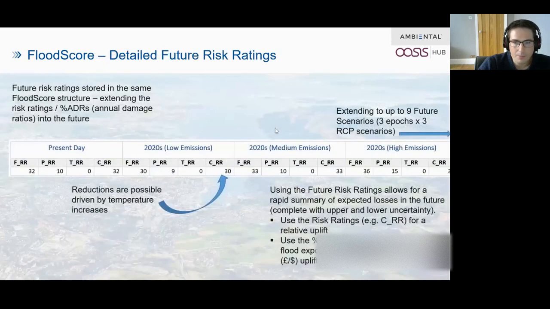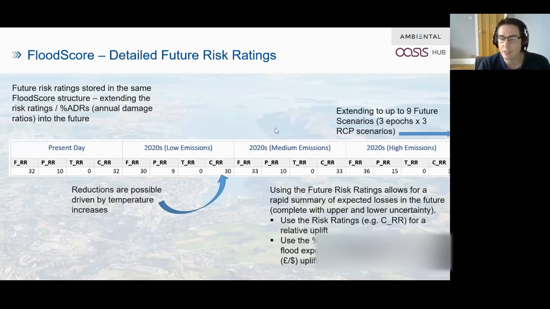So the next one. So here's just a quick look at the FloodScore product. These headings relate to fluvial, pluvial, tidal, and combined, so F, P, T, and R. I'm not going to dwell on this slide either because, again, it's quite technical, but essentially this is how we derive our products, as Katie went through. For the future products, we use the exact same format and technique, so that it's quite